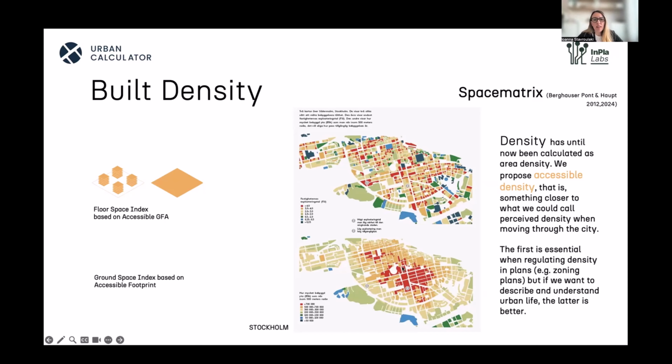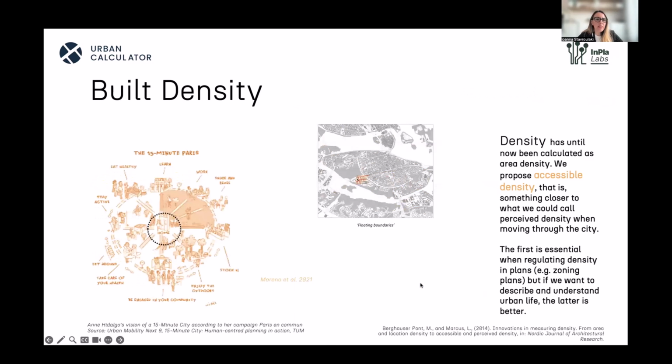And there you see that indeed the red parts of the city are the denser ones in terms of gross floor area, in terms of footprint, coverage, and so on. And the different thing in terms of the methodology is that instead of, again, calculating, for example, gross floor area